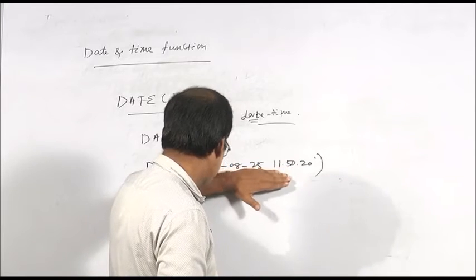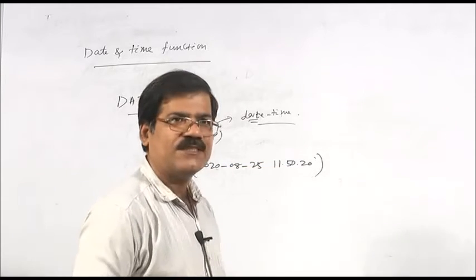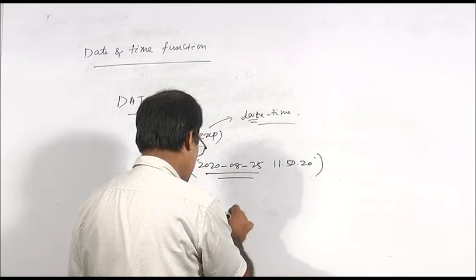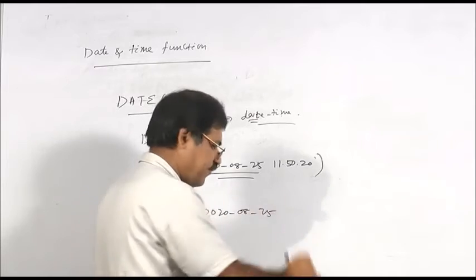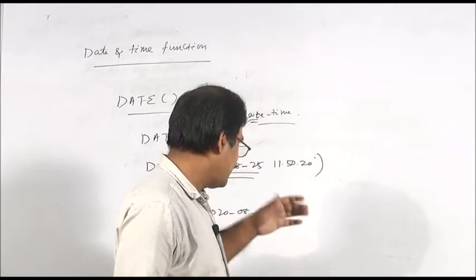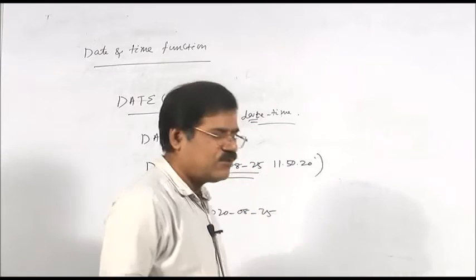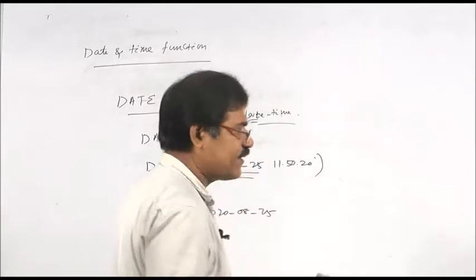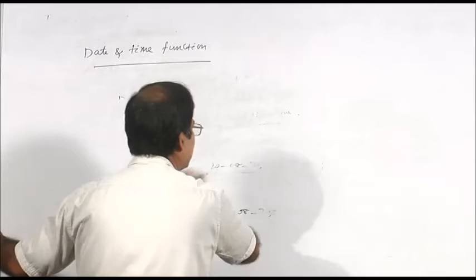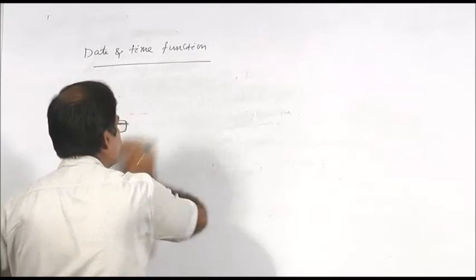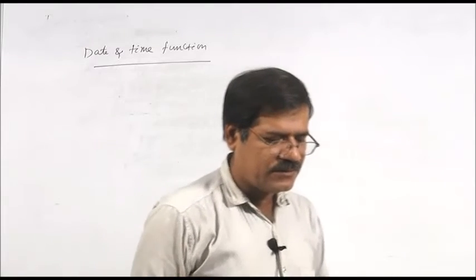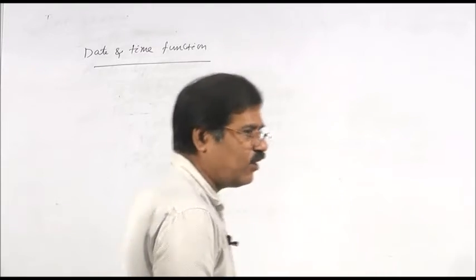So from this expression the date will be written. Which is the date? So this is the date. So what is your output? 2020 08 25. That means the time will not show, only this date will show. So in a date time format only the date will be shown. That is your date function. If the expression is a date time format, only the date will be shown. In which format? Year, then month, then date.